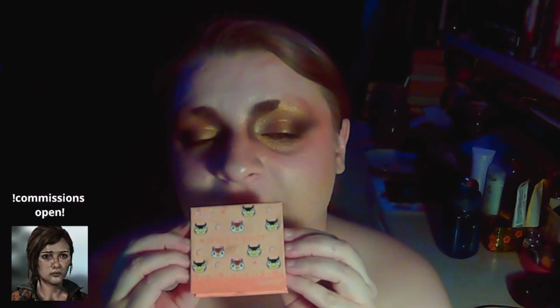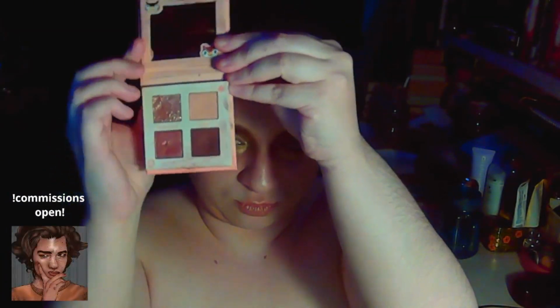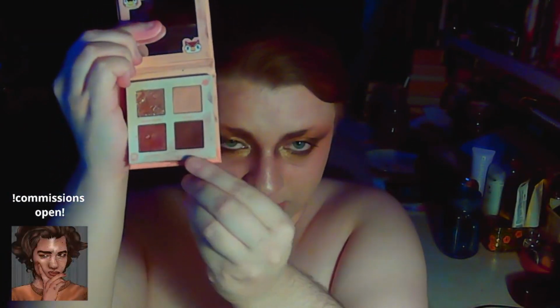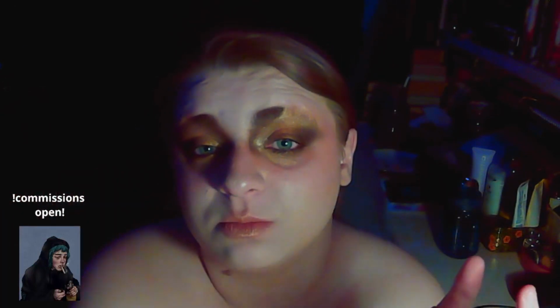I mainly used the Colourpop and Animal Crossing What a Hoot palette. I used these three shades. Not this one, because it's a pressed glitter, and I don't really like pressed glitters. I know that they came out like 3 years ago, so they're kind of old news, but I have them, and I want to use them, and I feel like making content will motivate me to get good use out